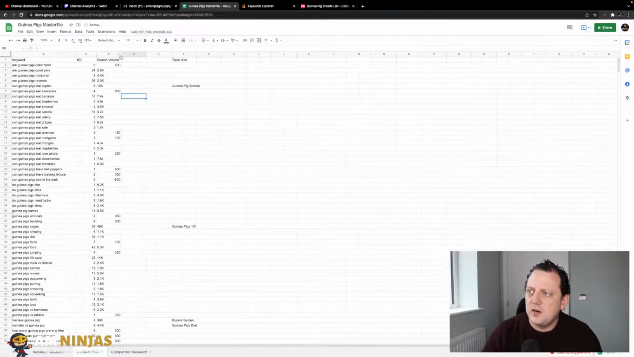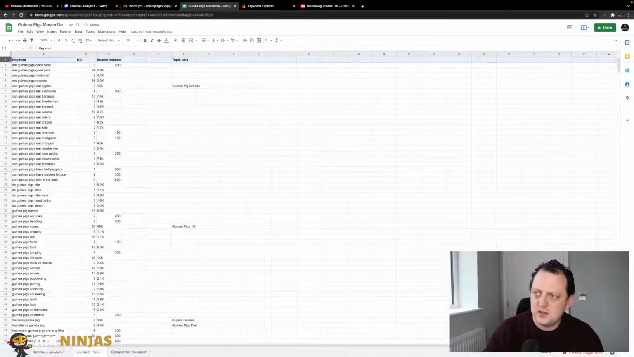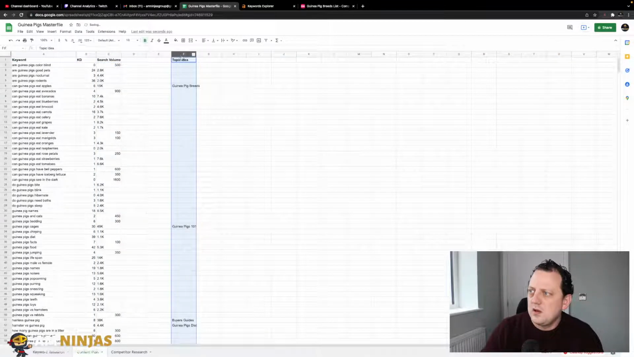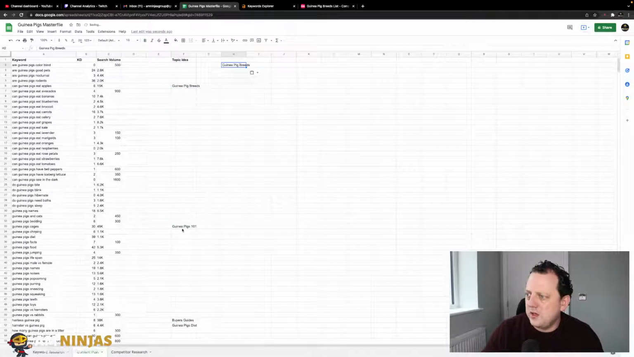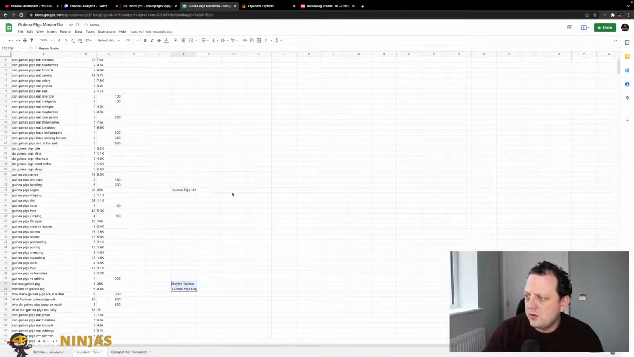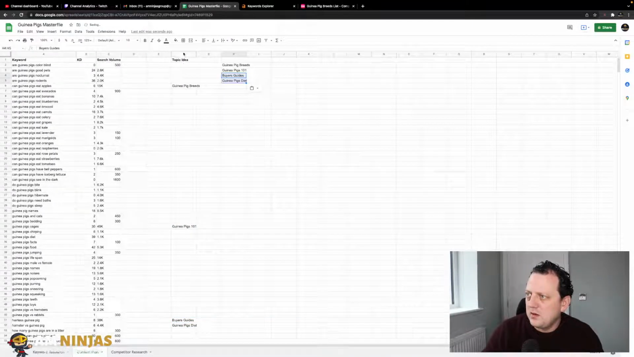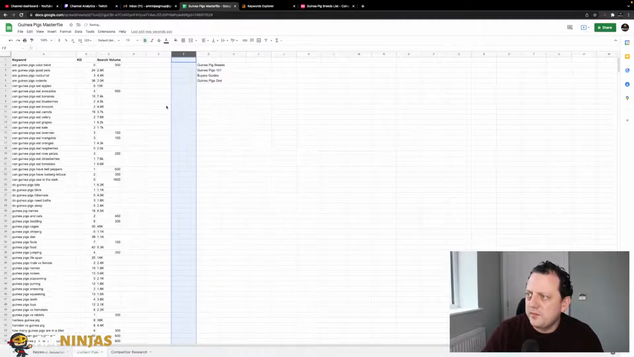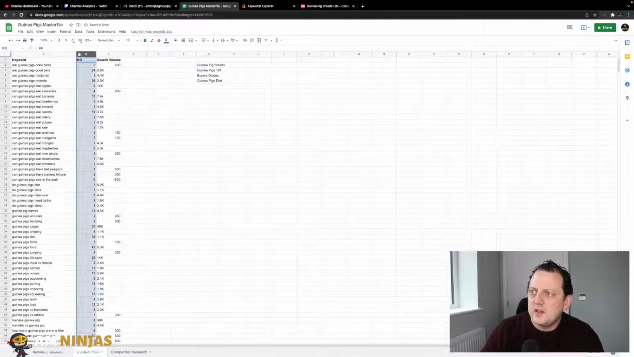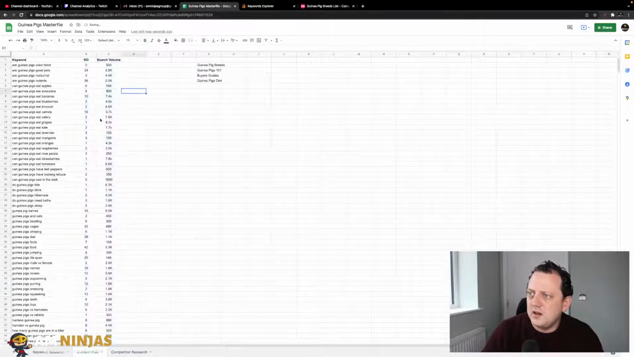We'll widen that up a little bit. And then what we're going to do is tidy up a bit. So we're going to bold that. We'll keep the topic ideas, but I'm going to put those up here. So we're going to just put them up there for the time being and remove that column. And then we're going to center align these just so that it looks a little bit easier on the eyes,